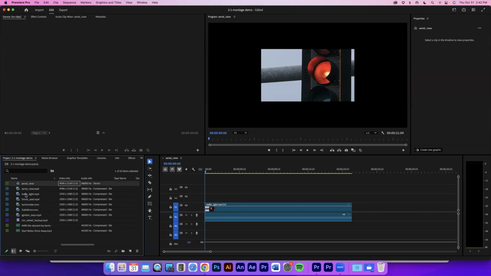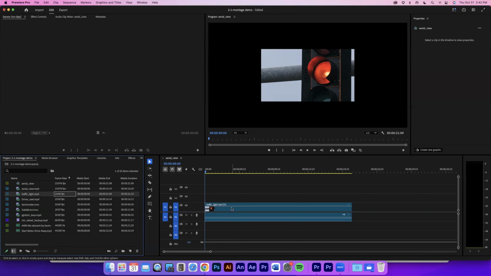When I dragged in this traffic light, Premiere noticed that this size and this frame rate is different. And it says, hey, that's a mismatch. That's not the same. So when I put this in here, it said, hey, do you want to keep the settings that you had, which are these settings, or do you want to use the new settings? Now, what I want to do is be specific about what I'm doing every time I create this